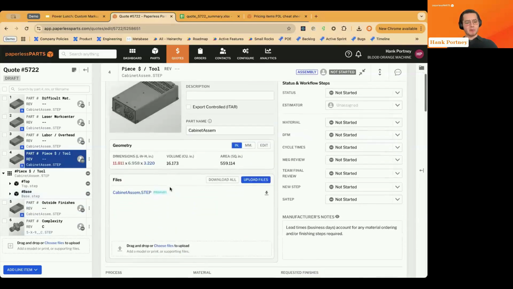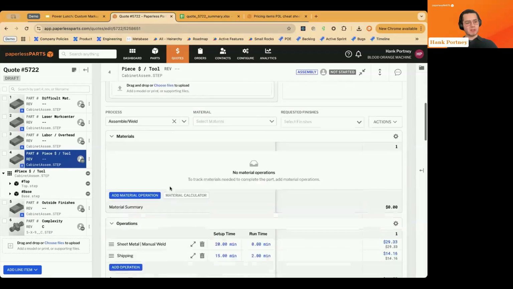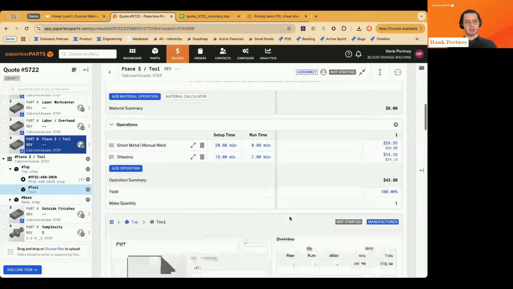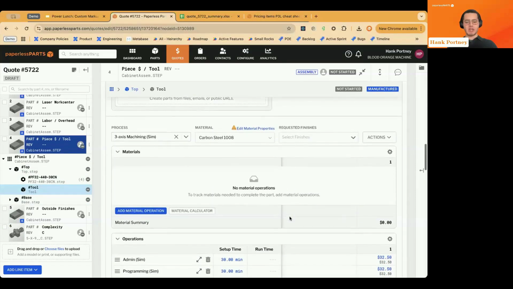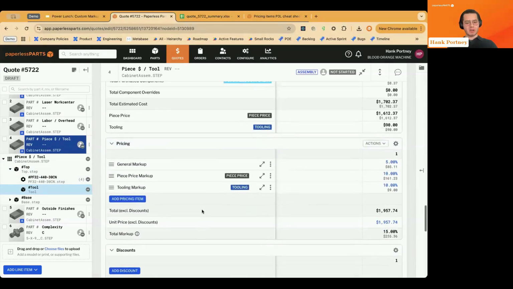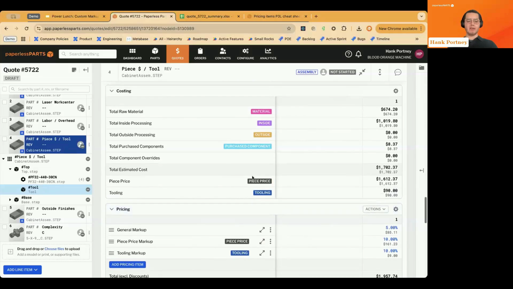In this next set of examples, we'll look at the differentiation of piece price and tooling that I teased out earlier. If you recall, I mentioned that there is a manufactured tool on this particular component, which is worth about $90 in cost. Looking at the markups on this particular item, we can see that we have a cost breakout of $1,600 for the cost without the cost of the tool, and $90 for the cost of the tool found automatically across the assembly. If we had multiple tools across this assembly, we could also track those and separate them